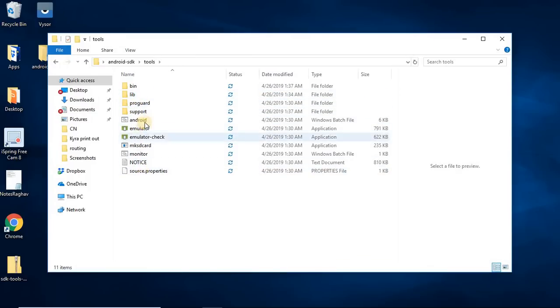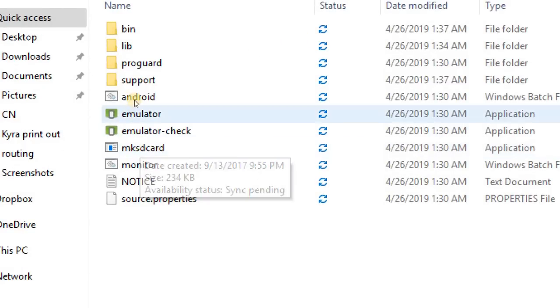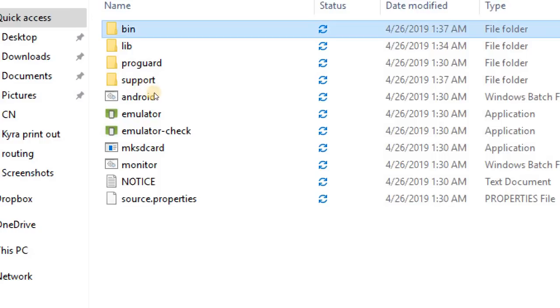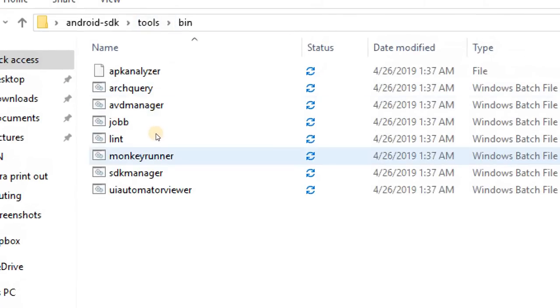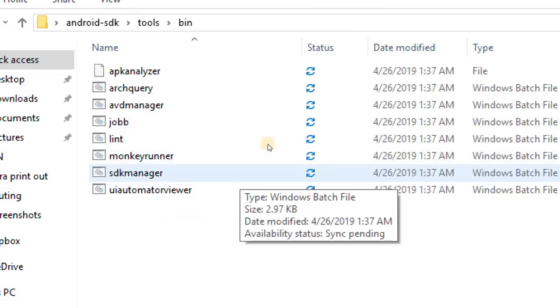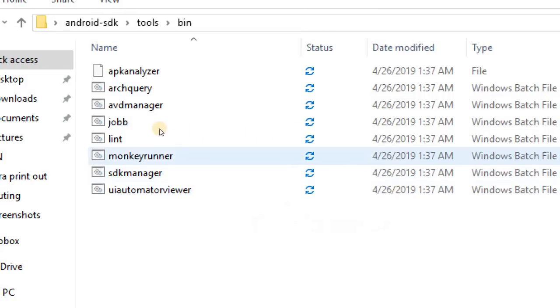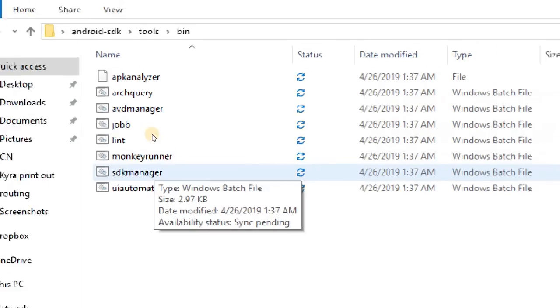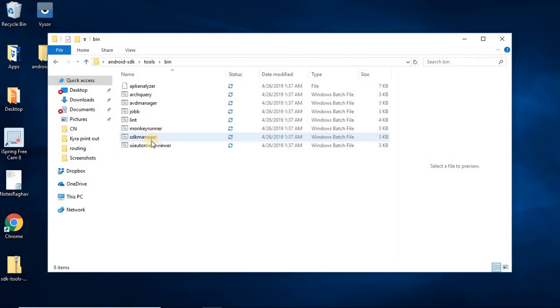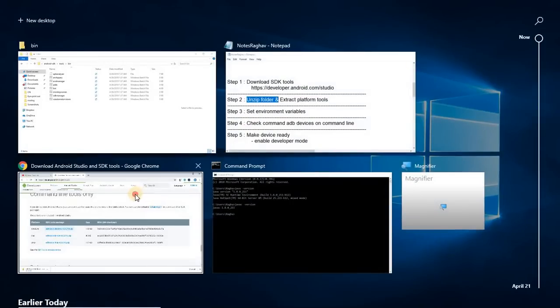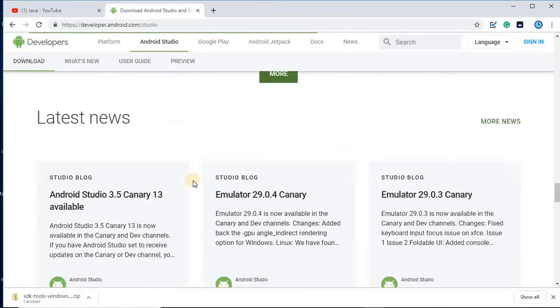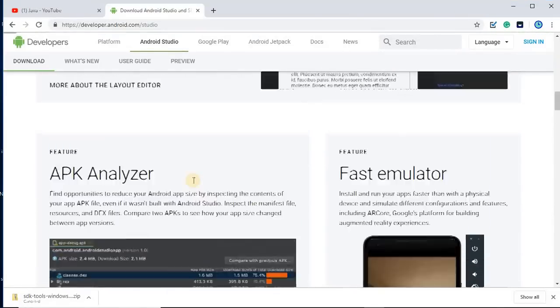So we should be having SDK manager. So you can see here you will have SDK manager. Let me go inside bin folder, and inside bin you can see we have a SDK manager.bat file. So this is a Windows batch file, and this is what we will use to extract or download the platform tools. So if you go back to your browser,